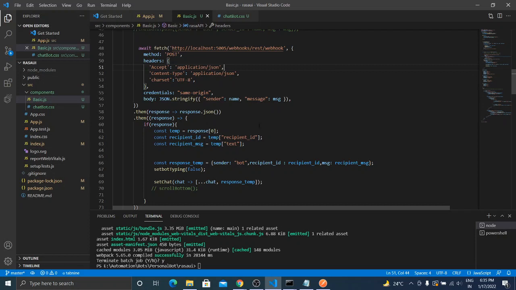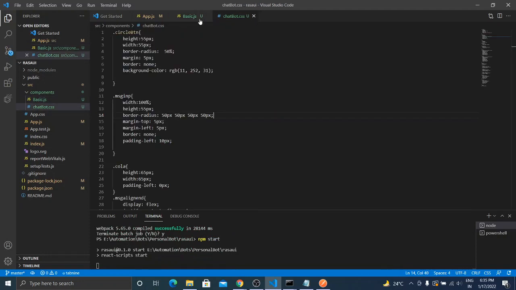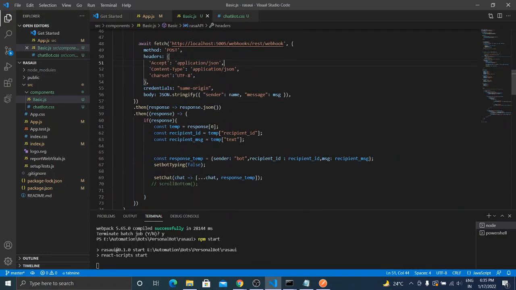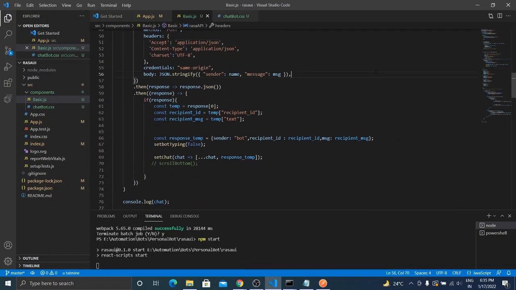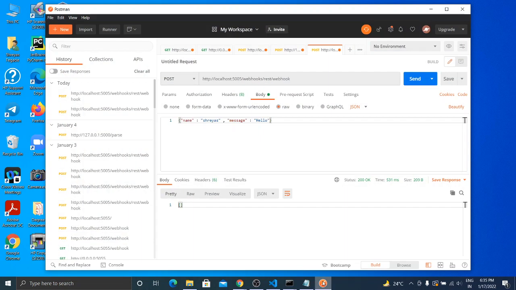We get the JSON response. Now we will start this with npm start. This is a custom designed UI using the React Bootstrap component. Before that, I will show you how it actually communicates with the Rasa server.